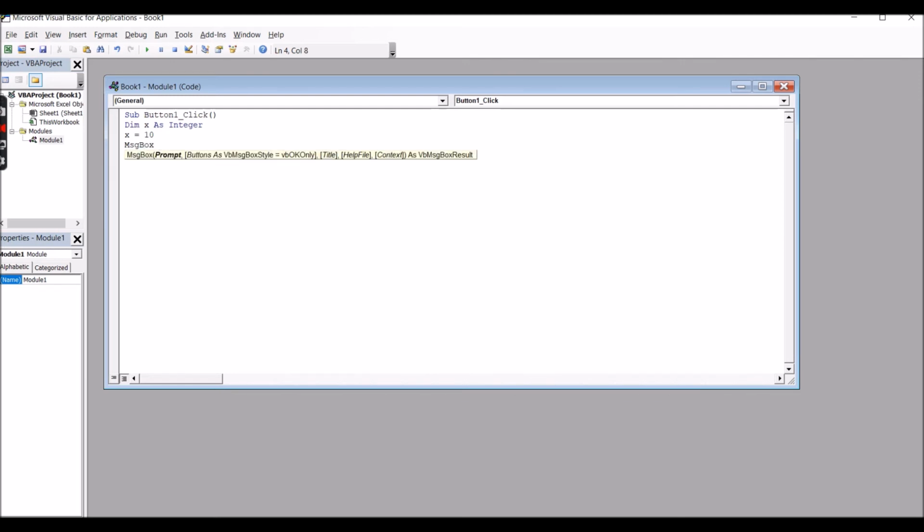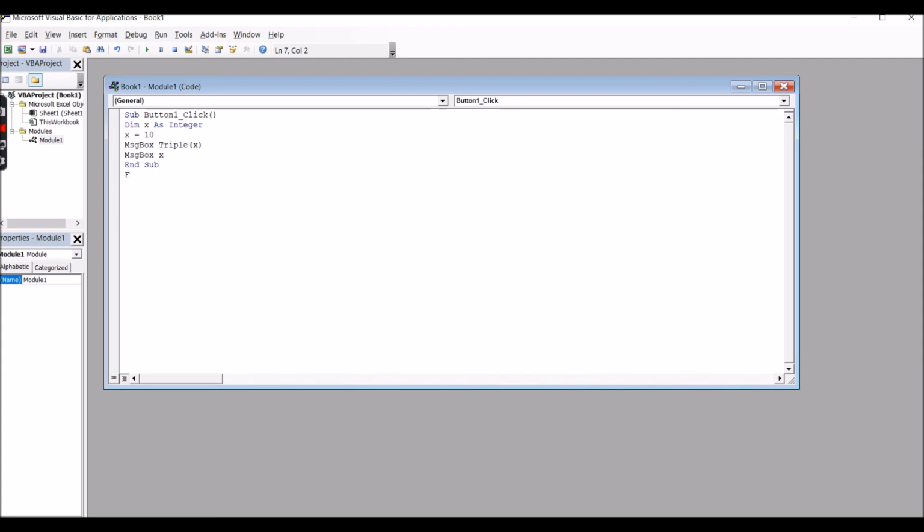I have written Triple, within brackets you will write X, bracket close. After that, MsgBox X. After doing this, this is actually the Sub that I have put. Then the value I have assigned is 10.